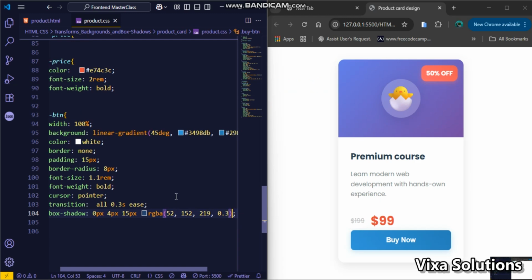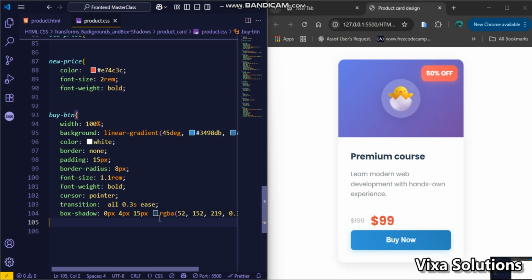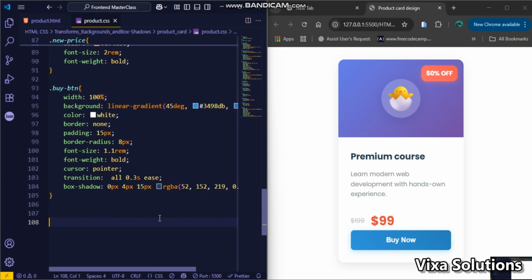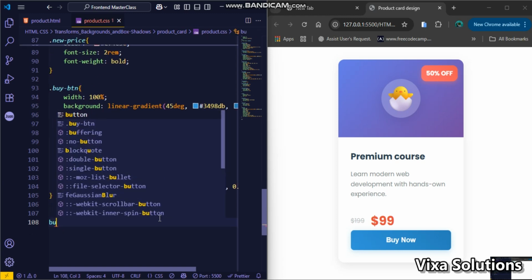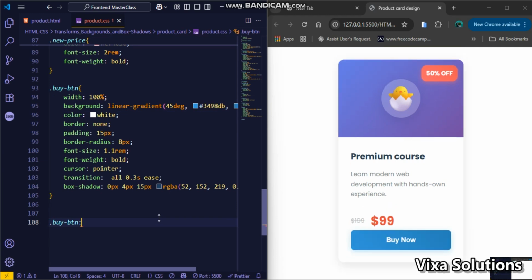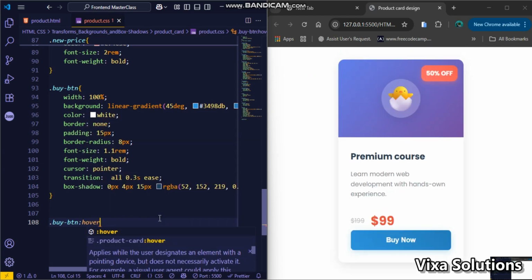So the button, as you can see, takes full width and uses our blue gradient, right? So the shadow uses the button's blue color for that professional glow effect we learned about. Now let's add the final hover effect for our buy button too. Okay, so buy btn hover